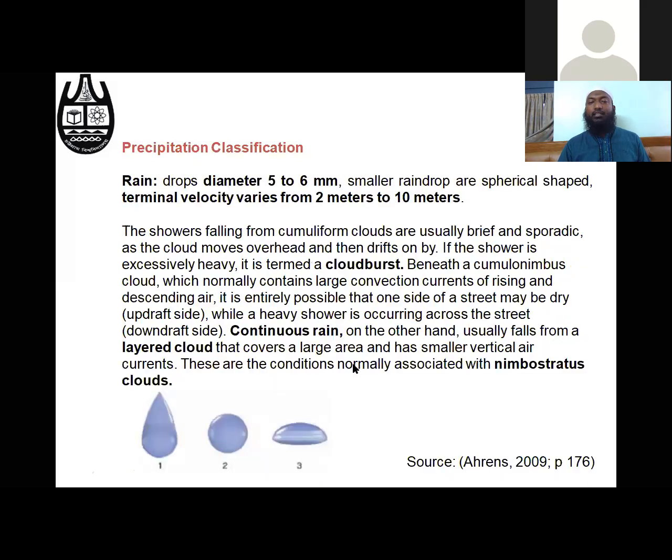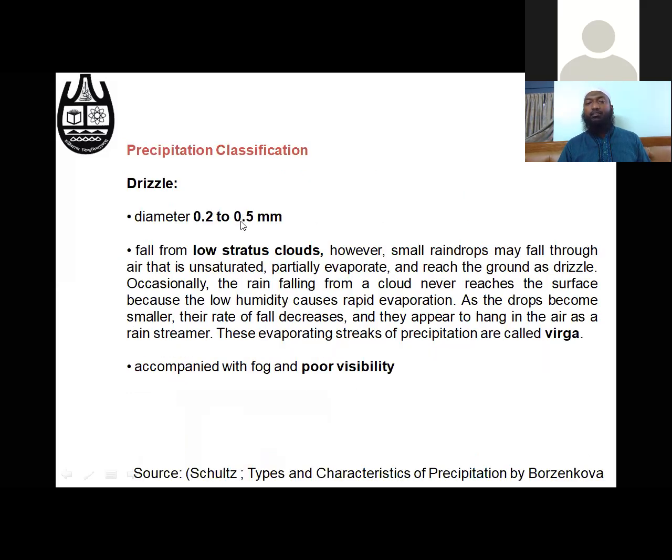And if the diameter of the raindrop is less than 0.5 millimeter, that means 0.2 to 0.55, then we can say this is a drizzle. And drizzle can be expected from low stratus cloud. As I said before, the stratus clouds have grown up from a foggy condition, and normally we do expect a little bit of rainfall, not too much. And sometimes drizzle can also be formed if the rainfall is coming from a little bit higher altitude, and then they